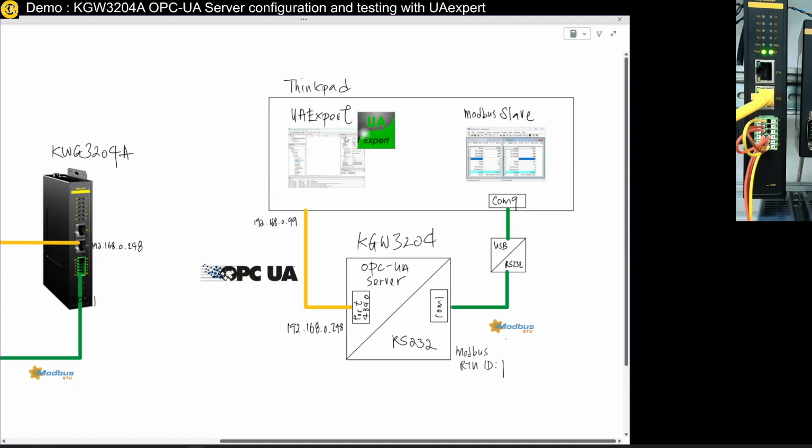So I have a laptop. I'm using this OPC-UA client to connect to this KGW3204A, and I'm configuring it as an OPC-UA server. The port number will be 4840. Reach out to this IP address of 192.168.0.249. By the way, the default IP address for this KGW unit is 249, but for this case I